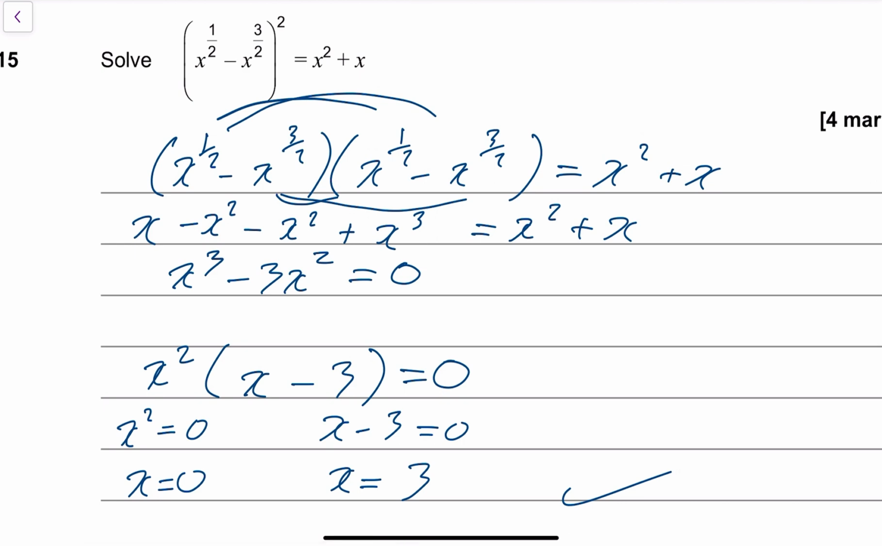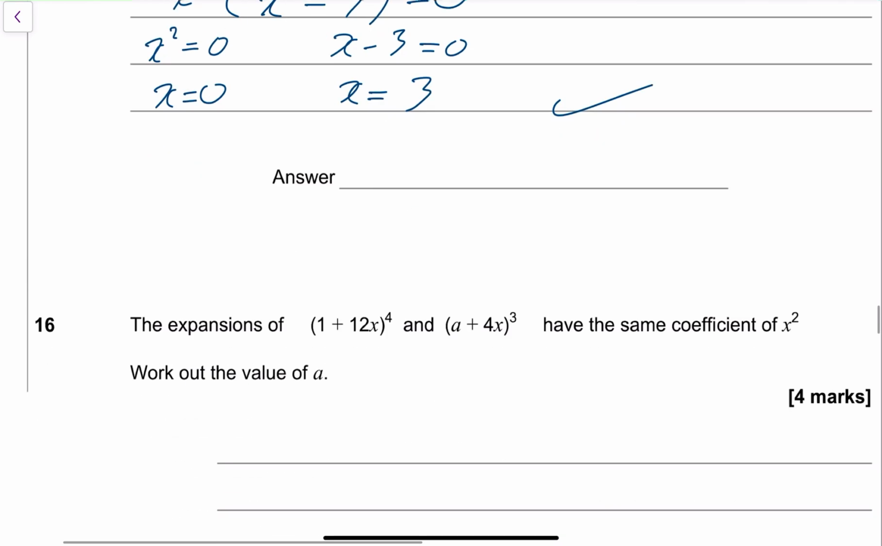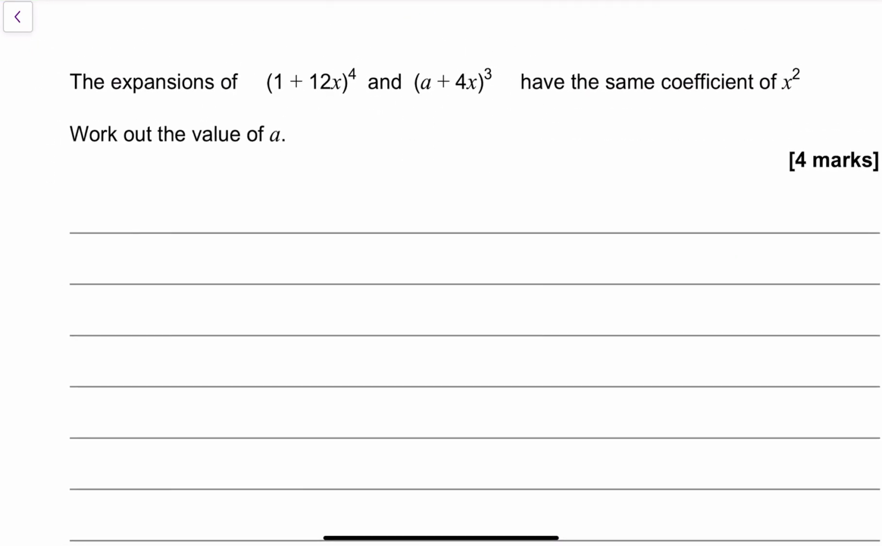Beautifully engineered question. That's very nice. Whoever made that question, tip of the hat to you. Well done. Right, next one says the expansions of 1 plus 12x to the power 4 and a plus 4x to the power 3